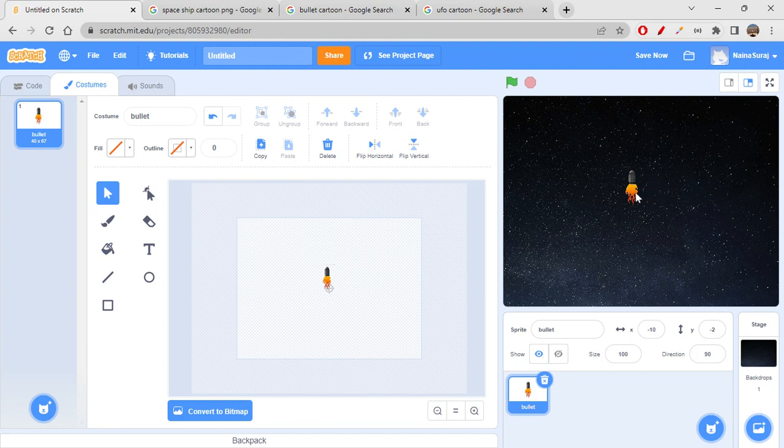Like you can also see the bullet, right? And let's say I would want to change the color. I'm not sure if I can do that right now because this became a complete image now, right? So okay, let's have this bullet because it has fire, so we will be able to see that. Let's upload the spaceship